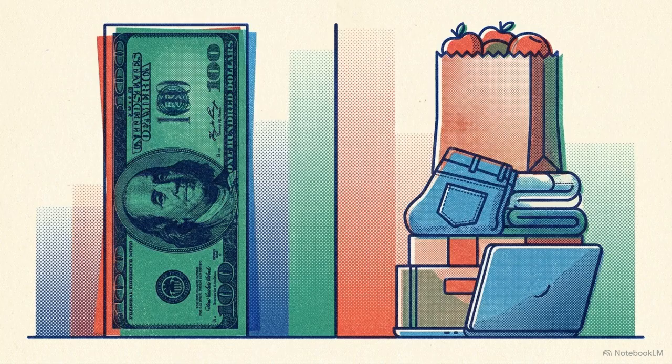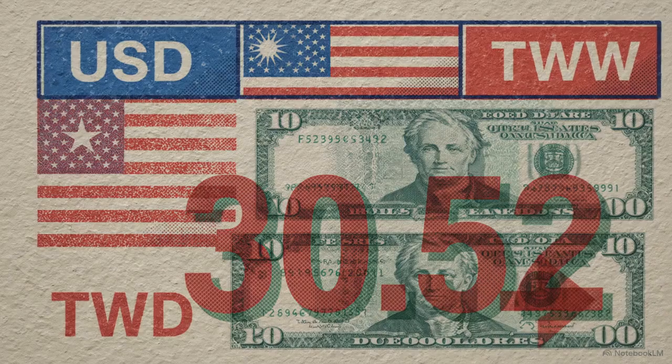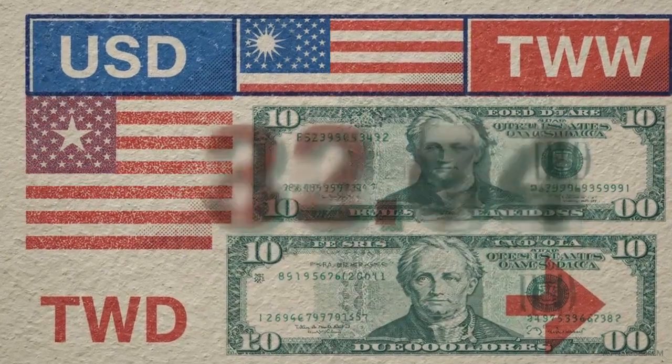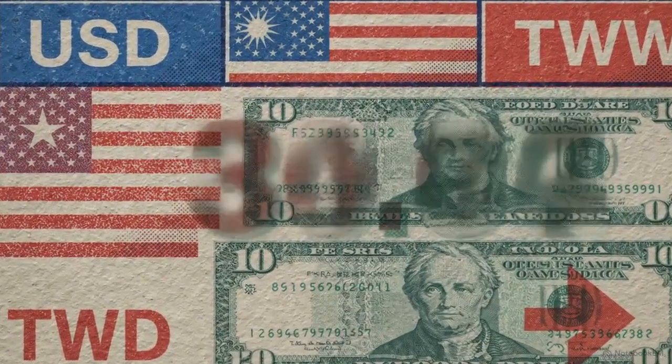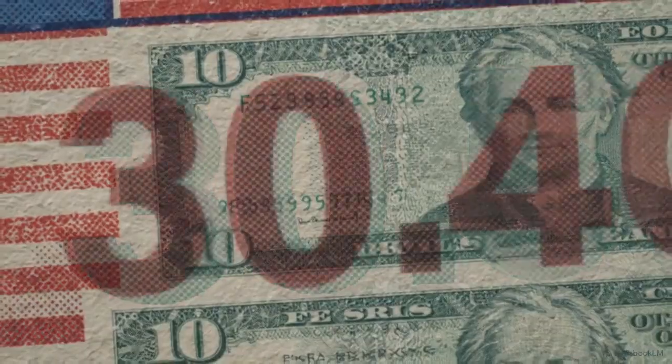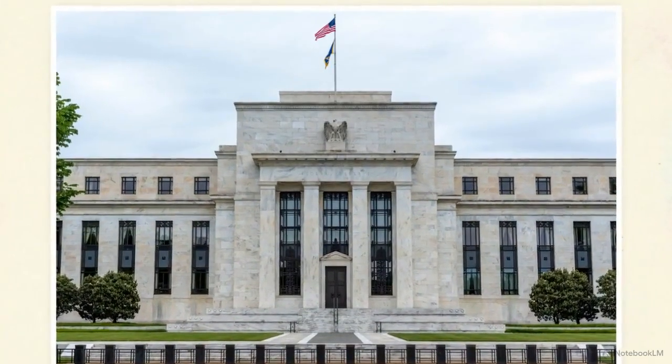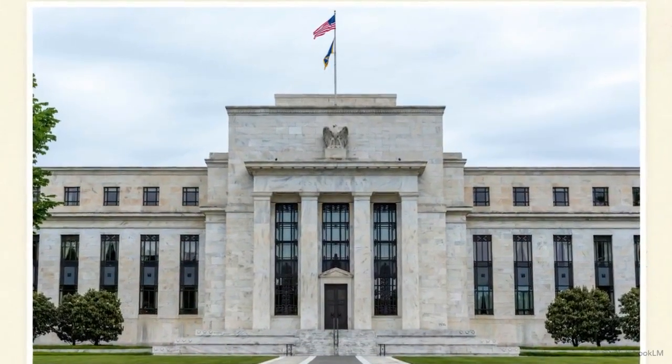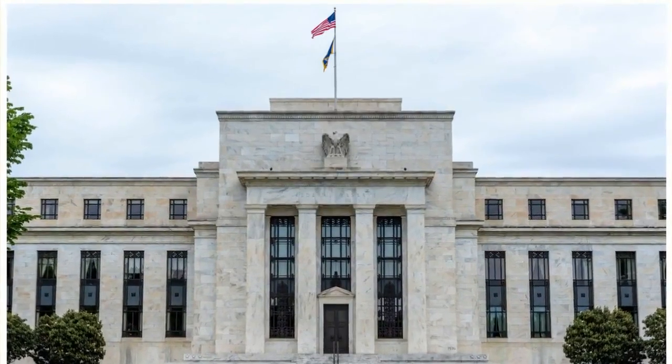A currency's true value on the world stage depends entirely on how much it can actually buy back at home. The exchange rate acts as a mathematical balancing mechanism, constantly shifting to ensure money carries equal purchasing weight across the globe. The main entity capable of disrupting this global price balance is a country's central bank, because they control the